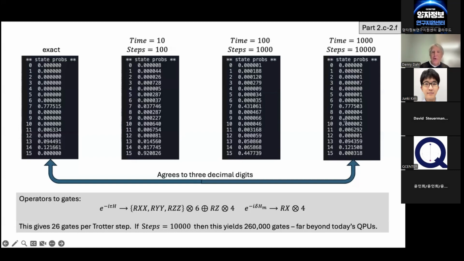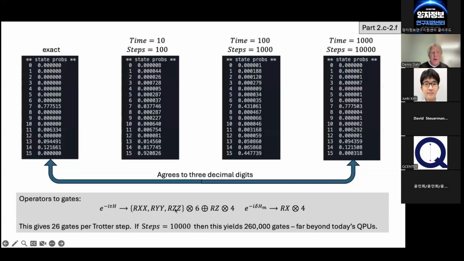And so in order to mimic the adiabatic evolution, we have to take our Hamiltonian and exponentiate it. e^(-iτH) gives us time evolution of the Hamiltonian H. The Hamiltonian consists of x terms, y terms, and z terms, and these turn into RXX gates, RYY gates, and